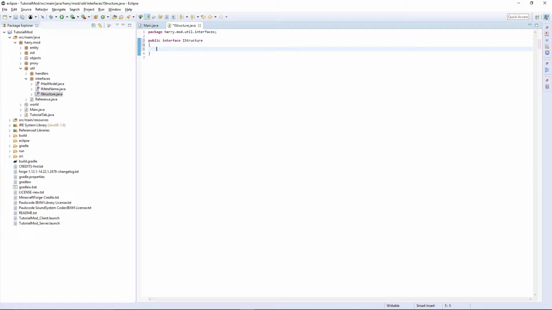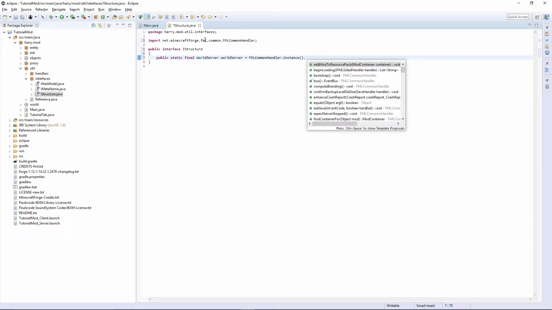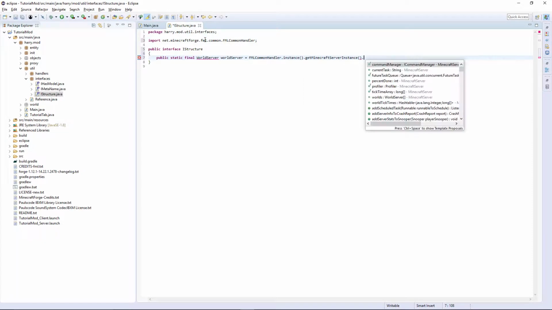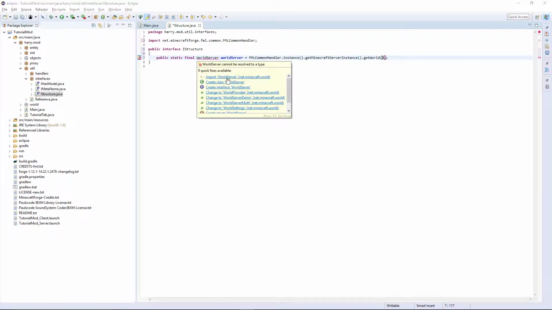So firstly, public static final WorldServer equals FMLCommonHandler, FML standing for Forge Mod Loader, dot instance dot getMinecraftServerInstance dot getWorld 0. Get the world by the given dimension, so we're getting the overworld at this current time. So import WorldServer,